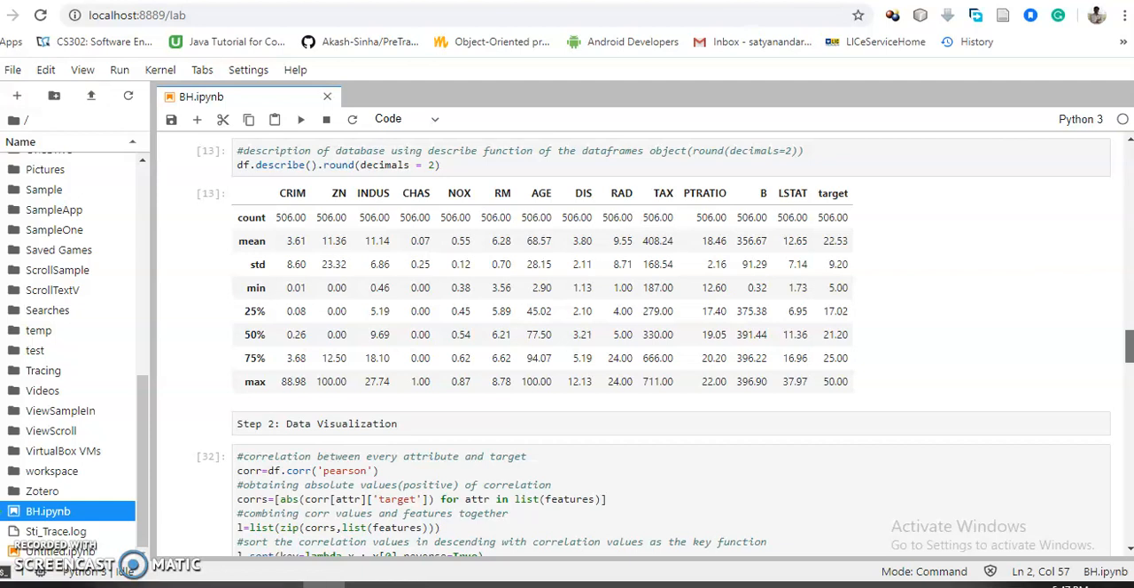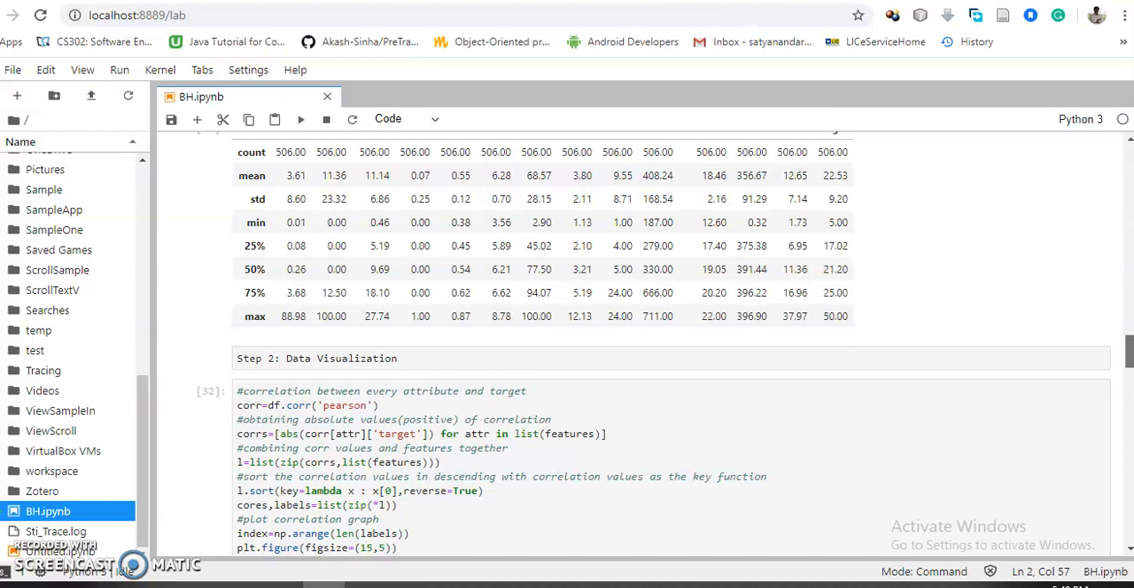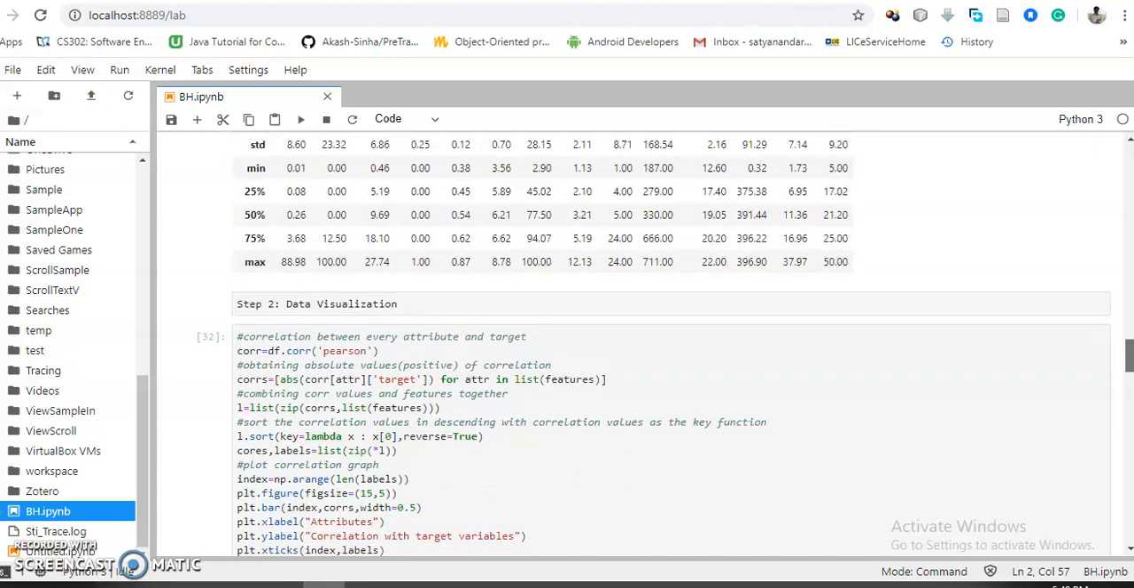The next step, step 2, is data visualization. Here I am visualizing the data from the existing data set, that is df. I am finding the correlation between every attribute and the target. Next I am obtaining the absolute values, the positive values of the correlation, which are stored in the corrs object. Then I combine the correlation values and features together using the zip function, which combines the values into a list